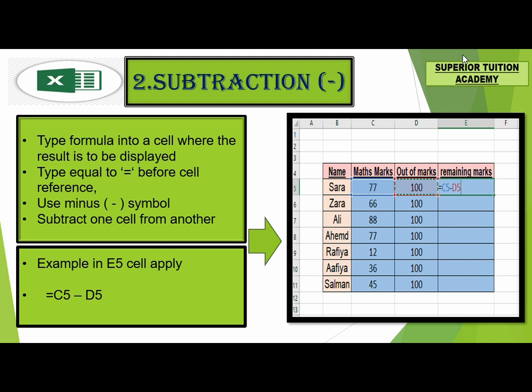The third step is to subtract cell references and press the enter key. Here in the given example, you will insert cells C5 and D5 with a minus sign between each cell reference, and press enter. For your ready reference and perusal, the formula is exhibited on the screen. Hence, the subtraction result will appear in cell